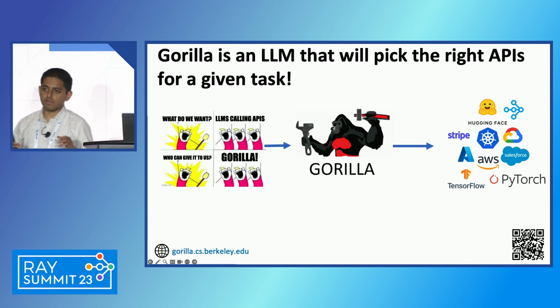And so the answer is, in computer science, when you have different computer systems, the way they talk to each other is through API calls. APIs are how different computer systems interact with each other. That's the promise and the return interface, right? So that's how we thought of building Gorilla.